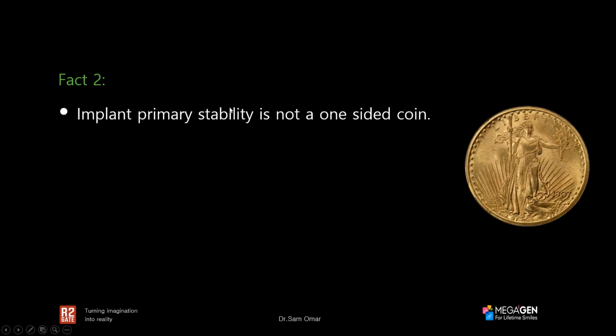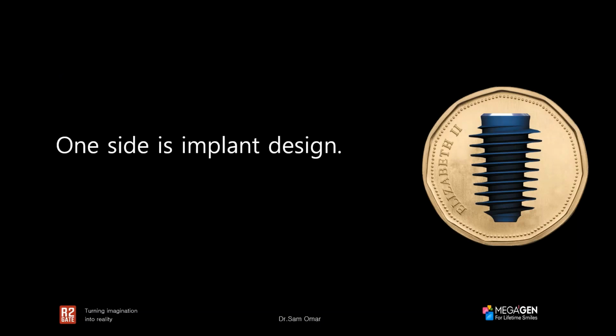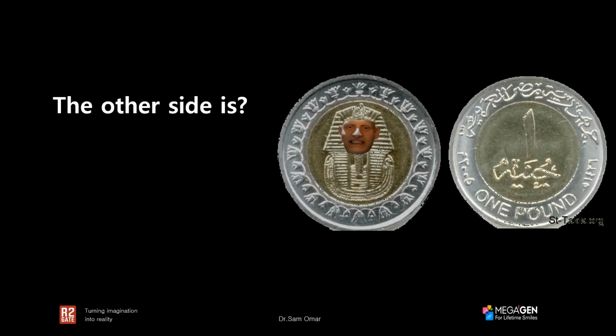Fact number 2, implant stability is not a one-sided coin, which means for me to get good primary stability, I have to look at 2 things and not only one thing. So the first side will be implant design. We usually try to use an implant with a good design, but as we said, implant design on its own is definitely not enough. So what good would the implant design do me if the osteotomy is a lot wider than the implant? Which means there are 2 things that go hand in hand. Number 1 is the implant design, and the second thing is